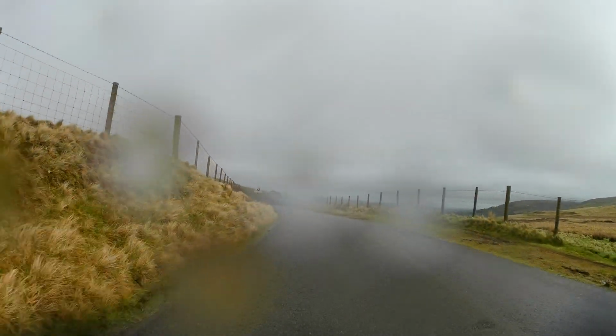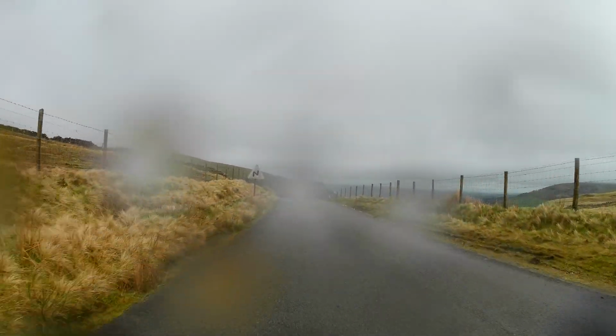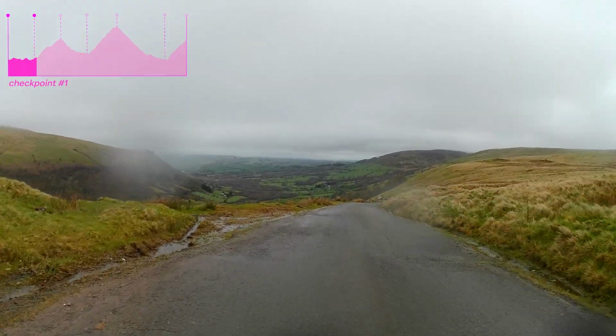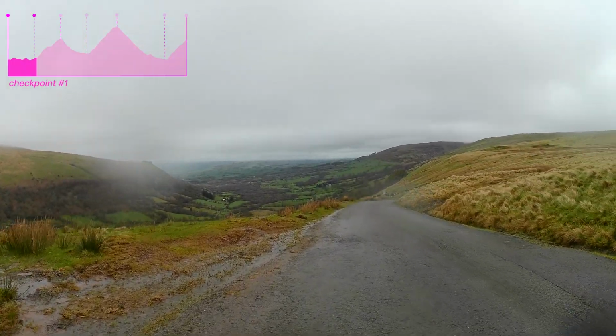And this whole first section was sort of a cross tailwind, and after a fairly uneventful 40 minutes I made it to the top of Devil's Elbow and rounded the corner to...